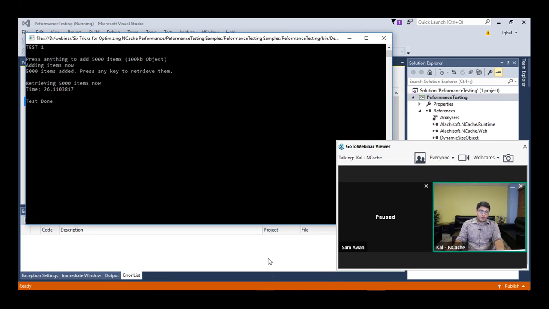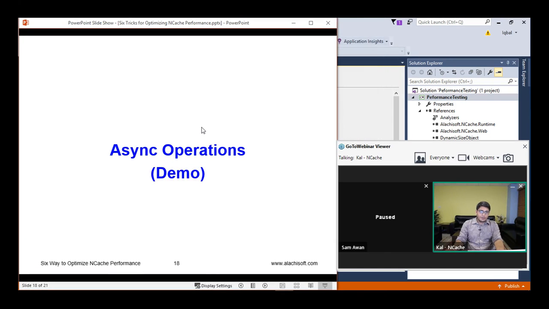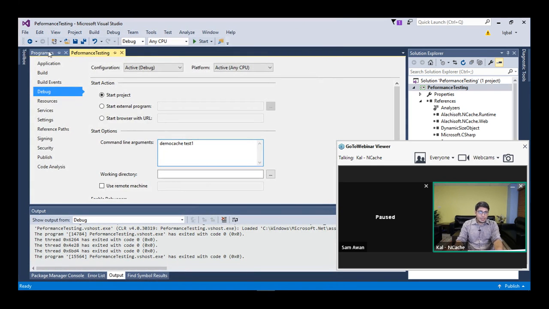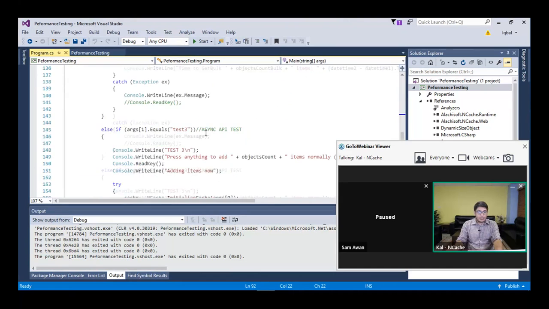So let's move on to the next scenario that we have. That is async updates. With async updates, your application does not wait. You can set up a separate task, and that task is going to perform those operations. You can set up callbacks to get the information on whether the item was added or not, for whatever scenario. I'm going to quickly go to the sample now, and I think it is test number 3, but I can quickly confirm that.